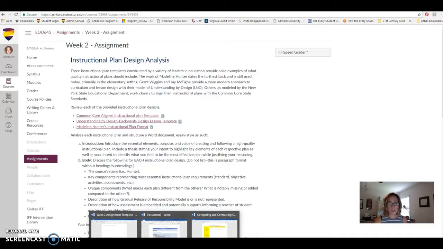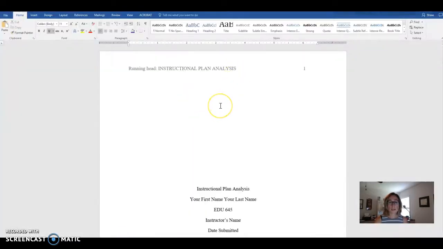So the other thing that I created for you guys is a lesson plan template. I really encourage you to use this. I do find that students that do use my templates tend to do better on the assignments because it helps to guide them towards achieving all the different criteria involved in this assignment. But it's also set up for you with regards to APA. And I know a lot of times that is a lot of students' main nemesis. So my hope is that this will help guide you and help you understand the appropriate